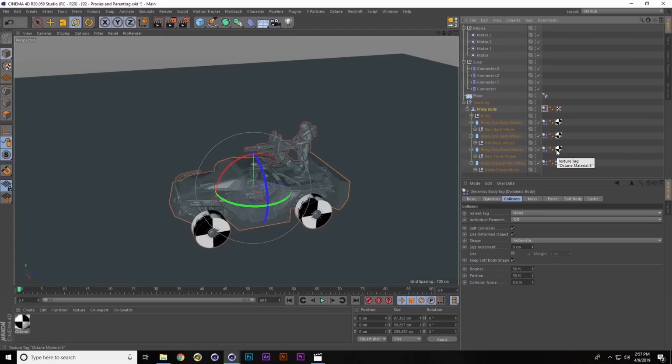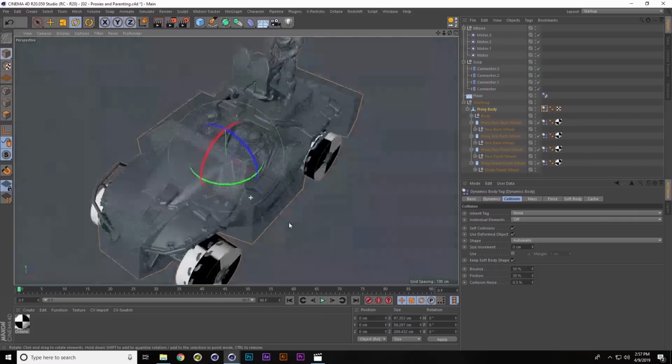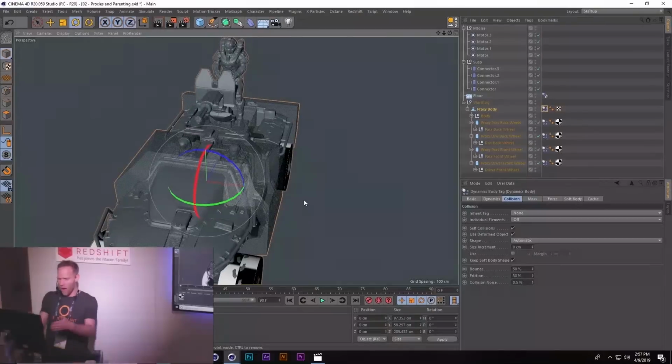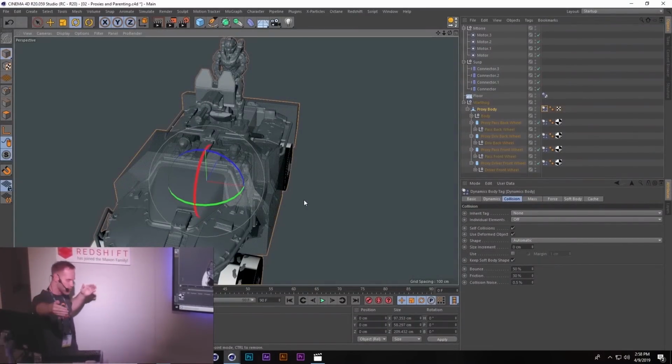Now we do need to change something on this. Reason being is because by default, to simplify the dynamics, the shape is set to automatic. Now, as you can see, the automatic is going to say, all right, what's the widest point this way and the widest point this way? Okay, we're going to make a box this way. What's the longest point this way and the longest point this way? And it's going to just create a simple six-sided collision shape, which is going to intersect it with the wheels,